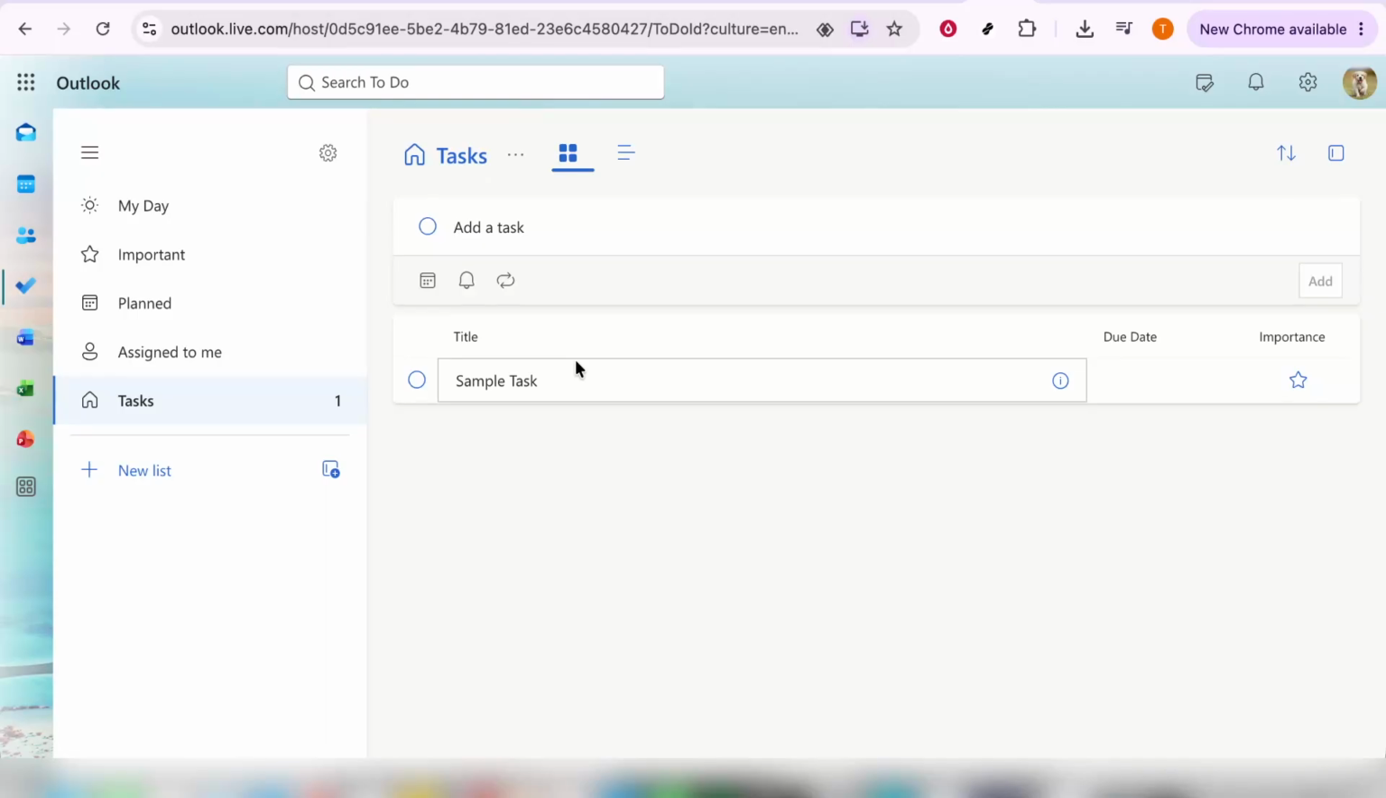So, to quickly recap, you can either right-click an email in Mail, go to the advanced option and select Create Task, or you can click To Do on the left sidebar and then click Task to create one directly. And that's it. Those are the simple ways to create tasks in Outlook and start managing your